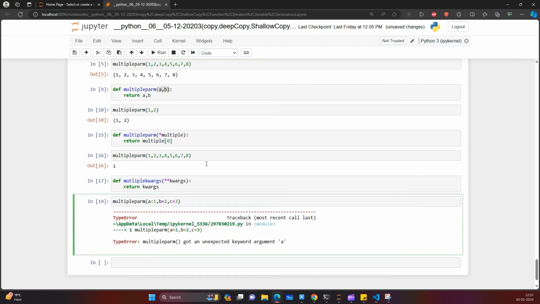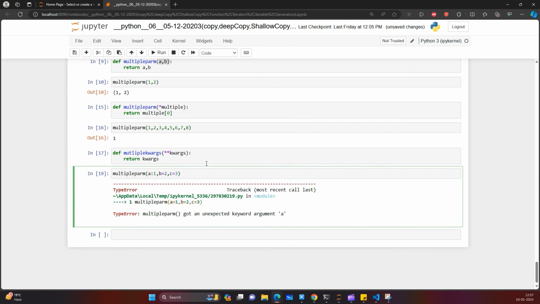Yeah, I'm giving like this. Oh, sorry. So I'm calling it here. I have to call multiple args. Just define, right? Okay, let me copy this. So see,